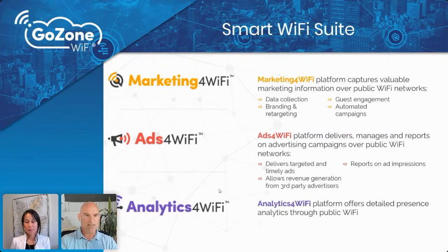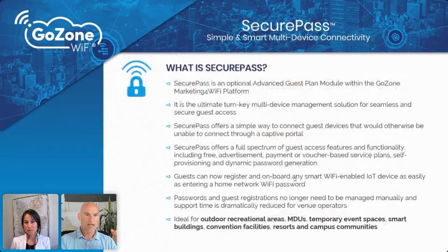All right, so let's dive into SecurePass a little more deeply. As I mentioned, SecurePass is an advanced guest registration module that is part of the GoZone Marketing for Wi-Fi platform. So venues who are interested in offering guest plans to their guests would purchase this module, and then once that's enabled, it allows them or managed service providers who are providing turnkey IT managed services to create plans that offer up the ability for guests to be presented with a branded registration page, and then select a plan. So 1 day, 3 days, a week, a month, for the designated price that the venue set, and then